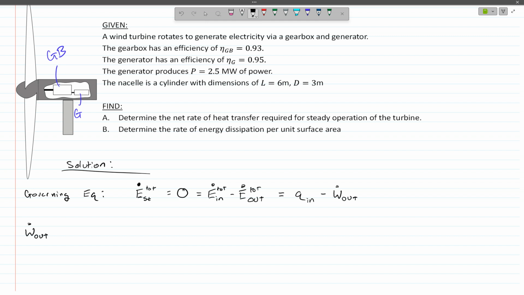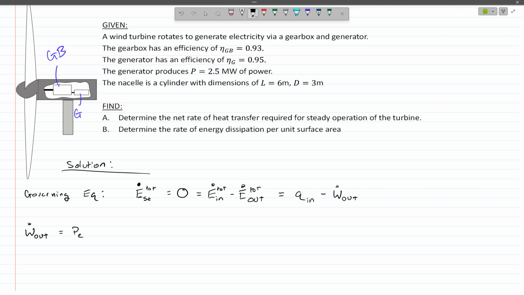It is current at some voltage potential. And so while it may not be mechanical power, we can effectively group it into the same thing. The other way we could do this is by having the energy generation term, but we're not going to mess around with that for right now. So we'll go ahead and say that we've got work out